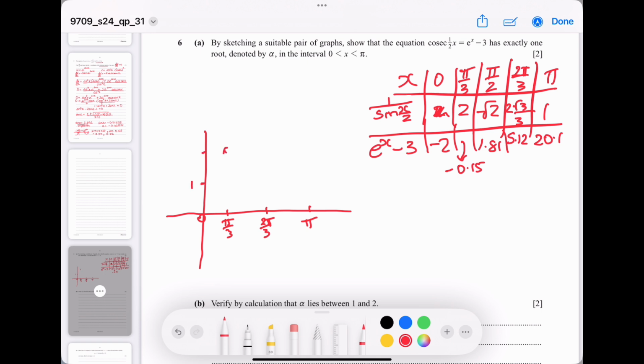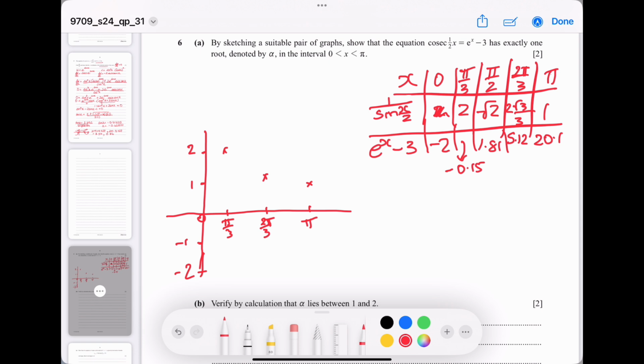That's 1, 2, minus 1, minus 2. 2 pi over 3 is 2 root 3 over 3. Helpful to have that as a decimal number. .15 and pi